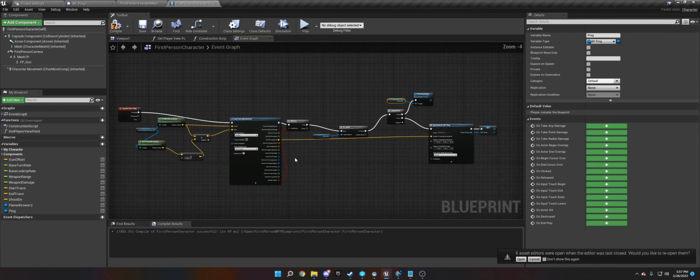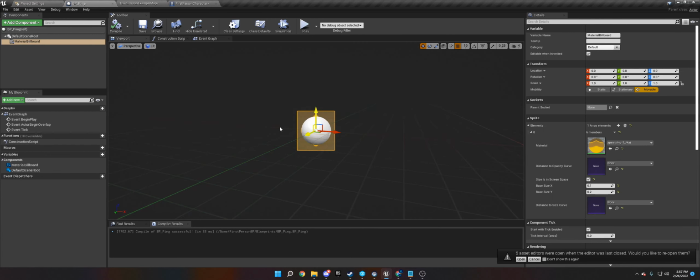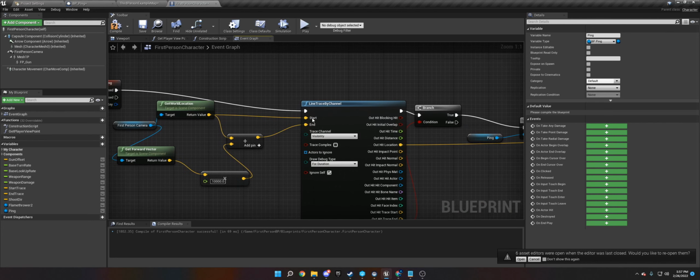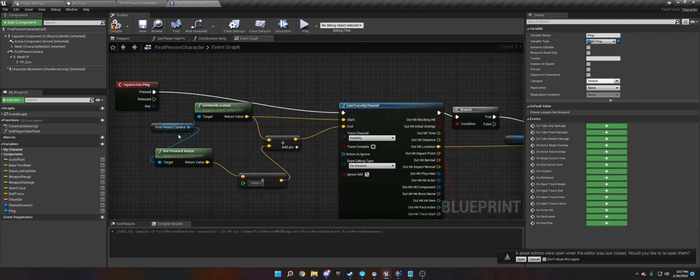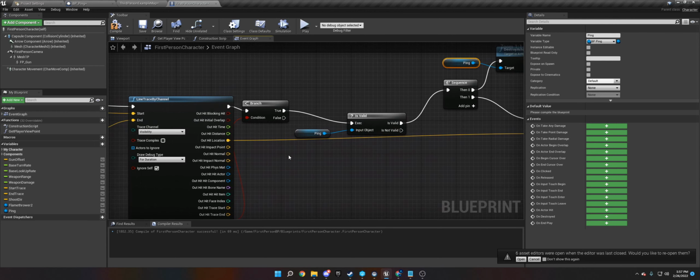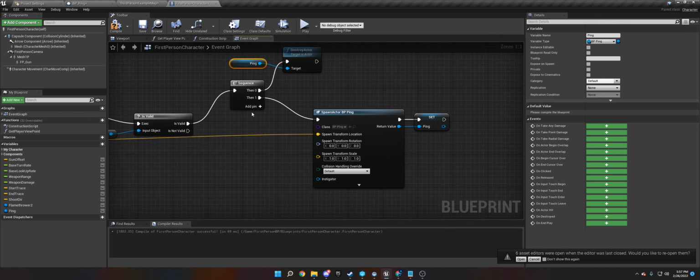Okay, so let's just go over this real quick. So we have a ping, it's just a billboard actor, which means it'll face the camera no matter what, no matter how far you are, and size with it. Okay, then on input, we hit ping. We get the world location of the camera, get forward vector, multiplied by 10,000. You can make your own camera if you're doing a different one specifically for line traces, if you want to. Okay, then we check if it got hit, if it hit something. And if it did,